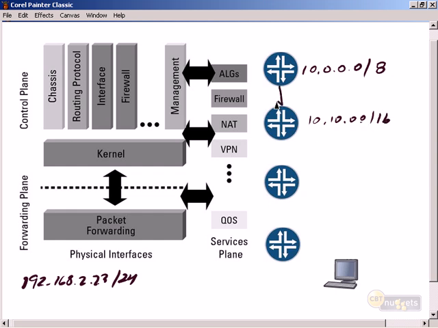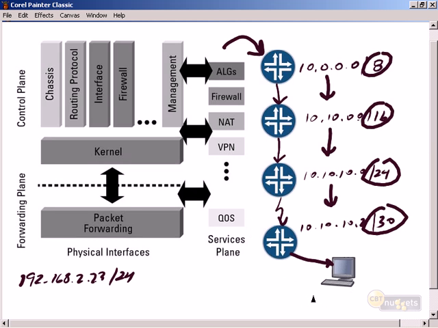So the packet's routed with the routing engine and the packet forwarding engine to this router. Well, that's all it knows, but it needs to get to the 10.10.10.0/24 network, which is more specific. So this router knows about it, and it forwards the packet to that router. This router is over a WAN link, and it knows about 10.10.10.2/30. So it forwards it on to this router till ultimately it can be sent over to this PC, which happens to be on the